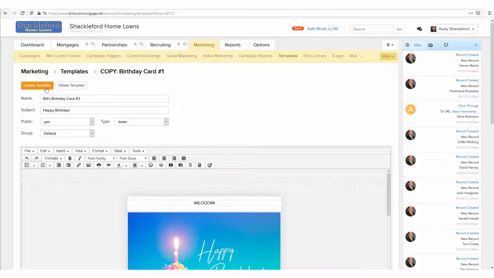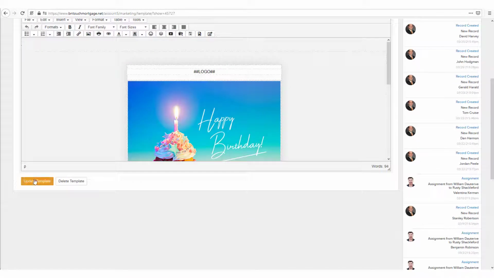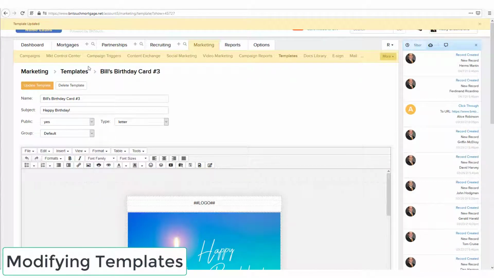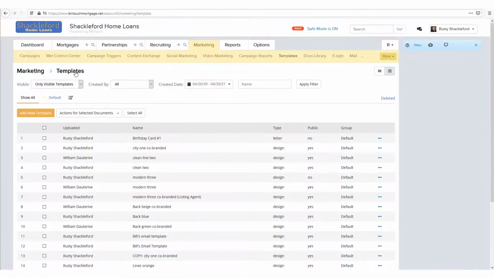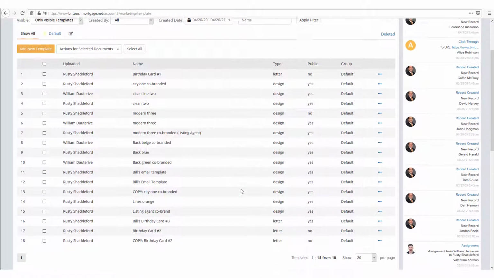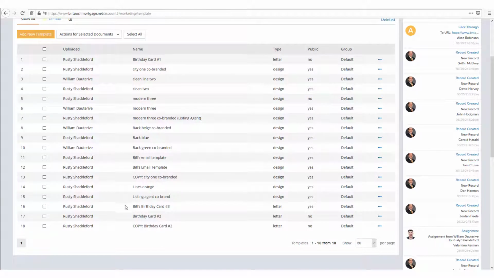Once your template is complete, click the Update Template button above or below to save your changes. You will be returned to the templates list of your marketing tab, and the new template you designed will be listed. From here, you can always copy, edit, or delete a template using the action menu icons to the right